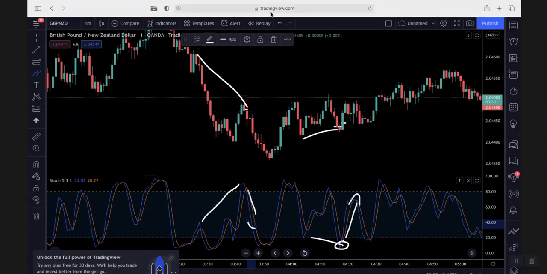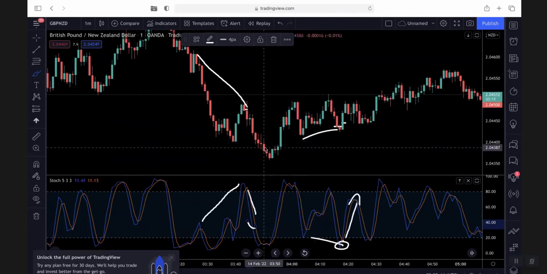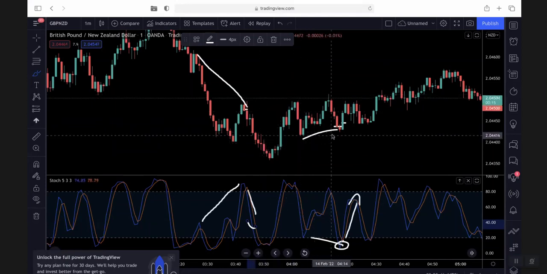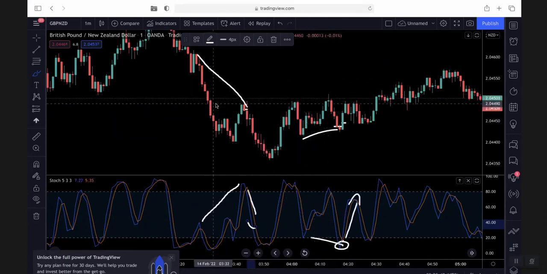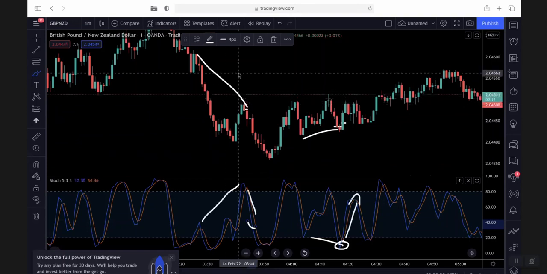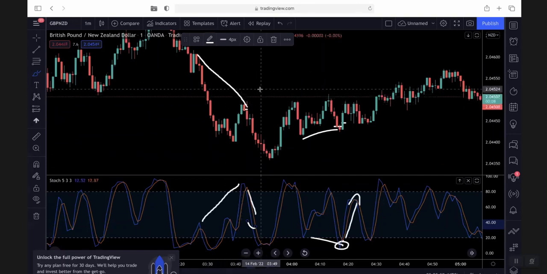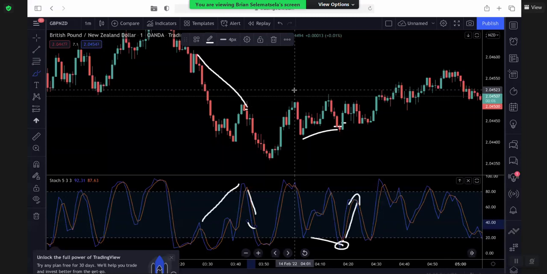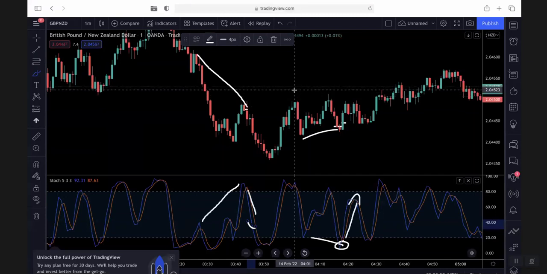Then from there, you will know that if you wait for a divergence on the 4 hour to start, versus coming in on a divergence on the 5 minute, of course the 5 minute divergence will form very much earlier. Then from there you'll be able to enter the market much earlier.